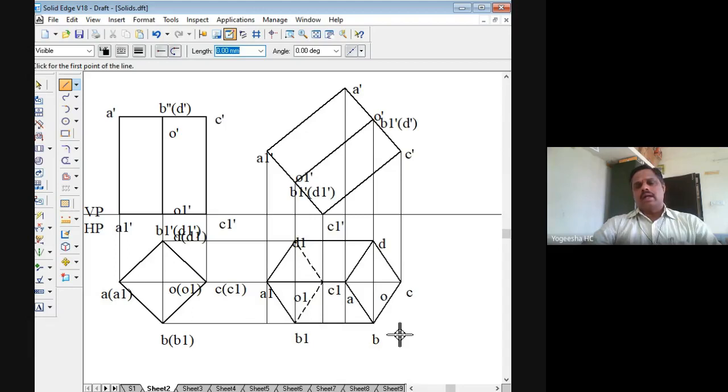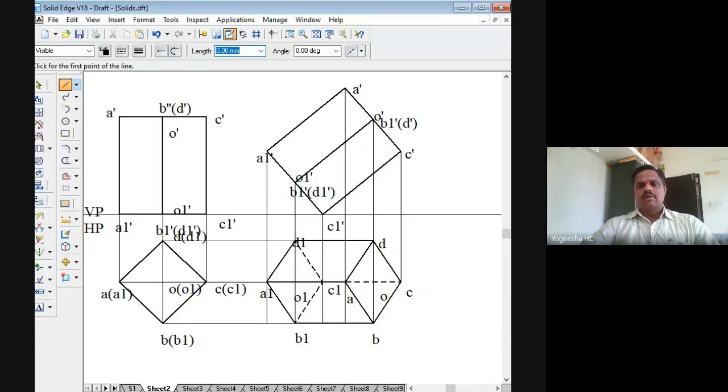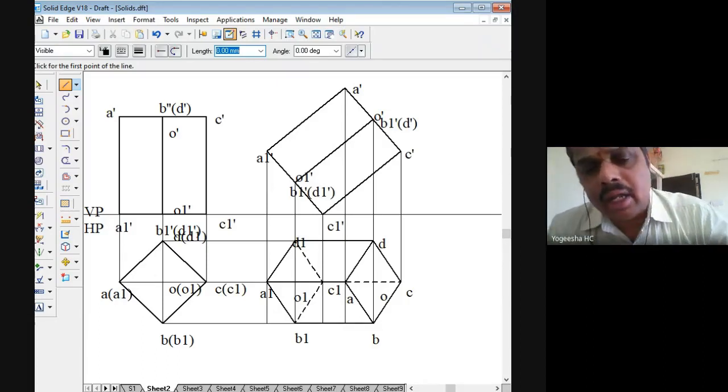Alright, hidden lines we have marked. Here C1 to C is also a hidden line. For that, I will just trim these lines, and from C1 to C I have to join a hidden line now. So C1 is this one now, C1 to C, it is a hidden line. I have marked it. The points O and O1 you have to join with an axis line, but already we have drawn a hidden line there.